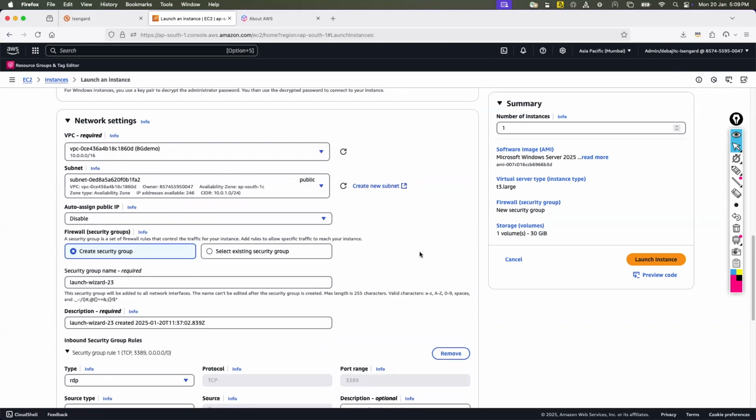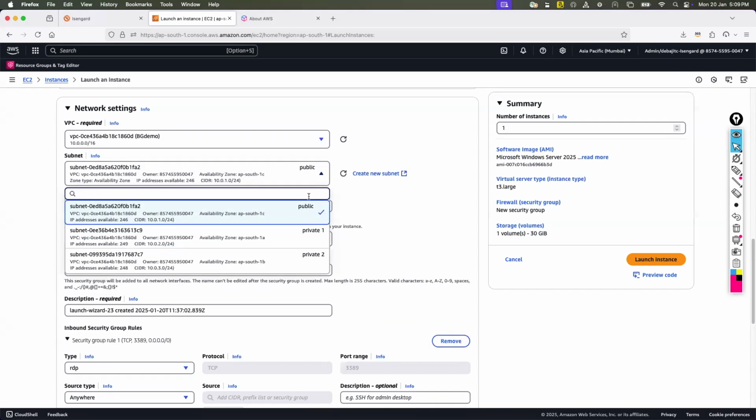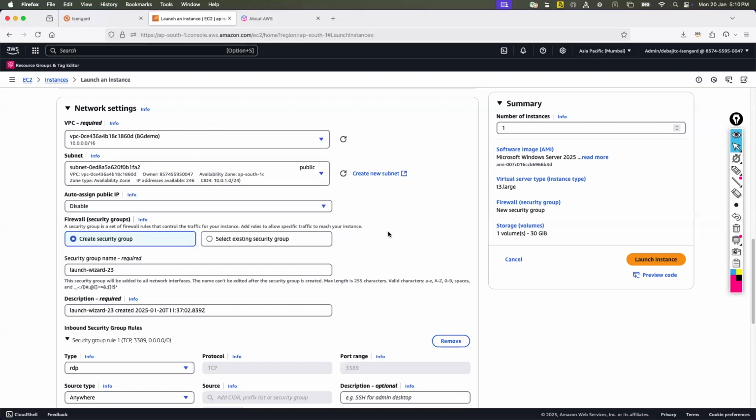So BG demo, it's my VPC. And in the subnet, there is a long story on the subnet though. At this stage, for simplicity's sake, it is just like a kind of public accessible VLAN. Okay. So in networking, there are different types of subnetting, LAN, virtual LAN, right? So this is sort of the public subnet, so that if I launch the EC2 on the public subnet, here you go, then you can access that particular server over the internet. Okay.